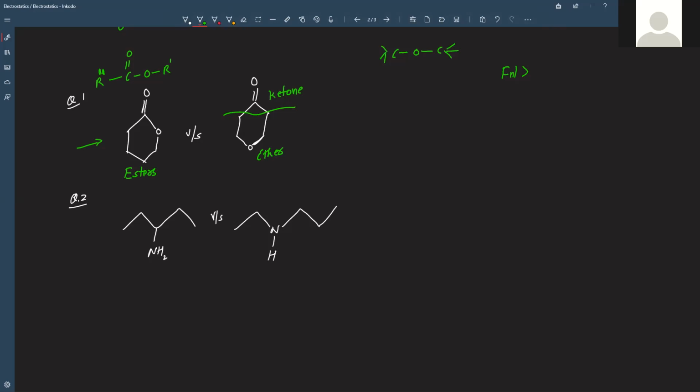I said first priority is for functional, right? Yeah. After that, second priority is given to positional or chain. Position, yes. So whenever you have both position and chain, you will give more preference to position and then to chain.